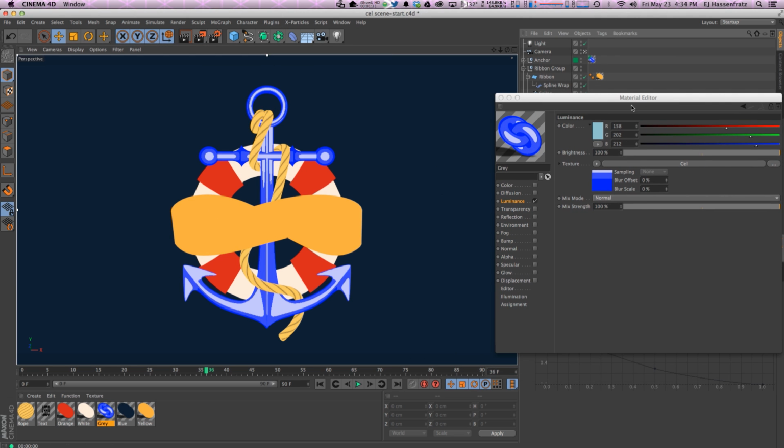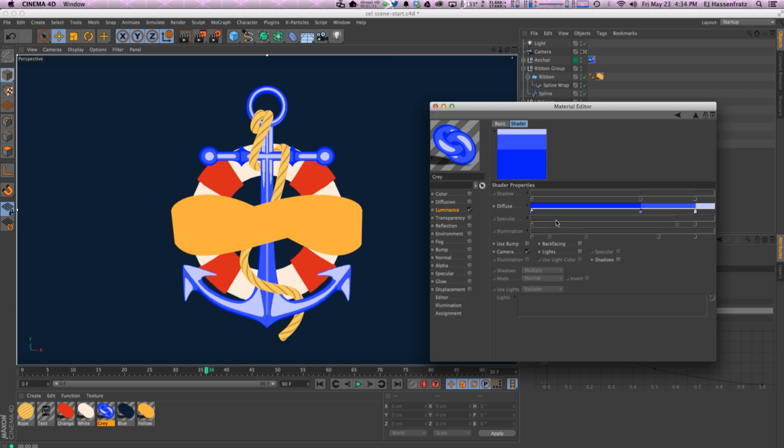going on. And you can see that we have the cell shader, and what it's doing is through its diffuse channel here, it's coloring and shading our object, and it's doing it based on the camera being its light source. So by default it's set to camera. I'm going to turn that off, and I'm going to use lights. So our light in our scene is now the one that's going to be driving all of these channels in our cell shader, and you can see that it's now being cast. All these diffuse layers or color shades are being driven by our light in our scene that's up in the